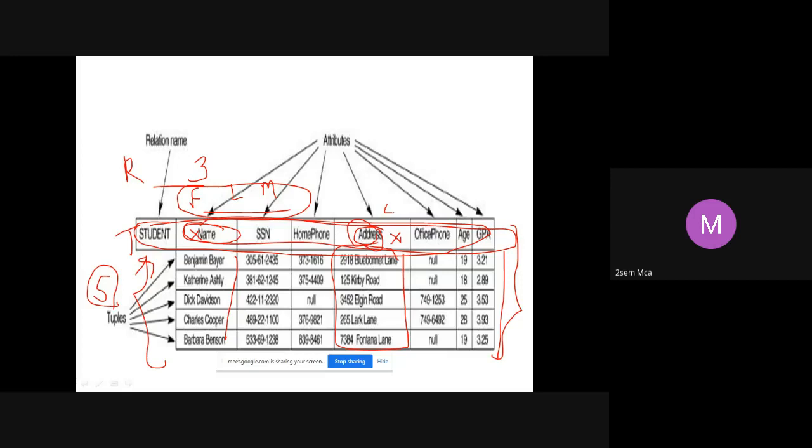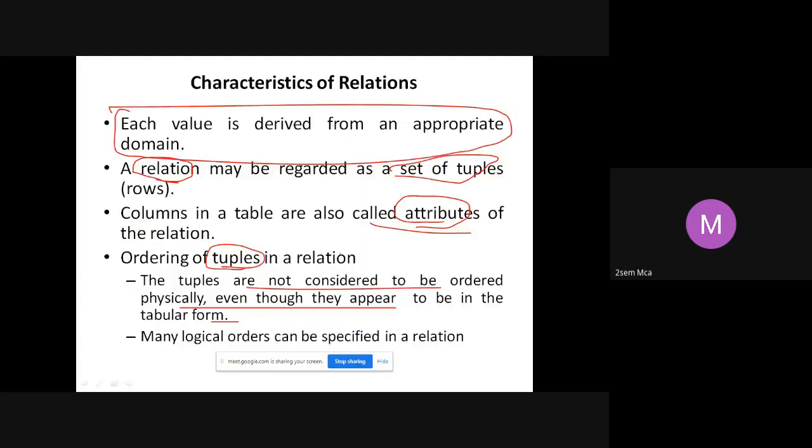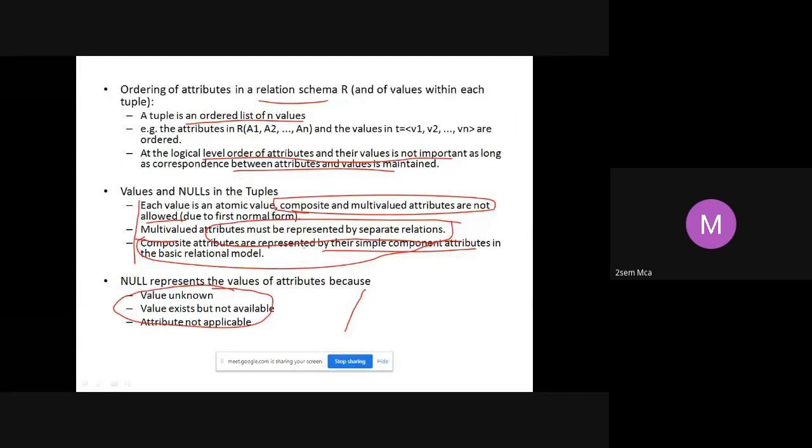I should have an attribute city, an attribute state, an attribute pin code, and so on. That means I'm storing the components of the composite attribute, and I will not have address also in that case. Composite attributes are represented by their simple component attributes in the relational model. If address is a composite attribute, how do you represent it? By its simple components: city, state, and pin code. If I'm not interested in that, simply store it as address. Am I clear to you, Raman?